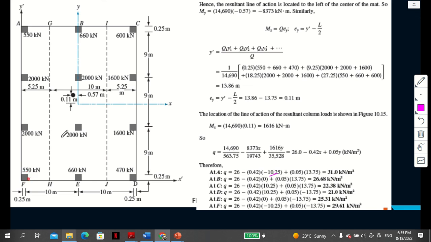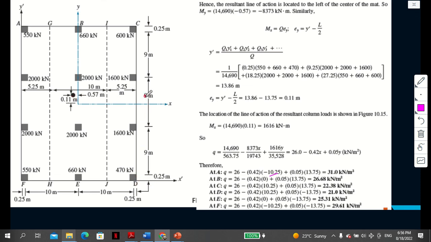So you add 0.5, so 0.05 times y. Y, I think, is 9. You can see here now, this is 9 plus 0.5, 9.5, plus